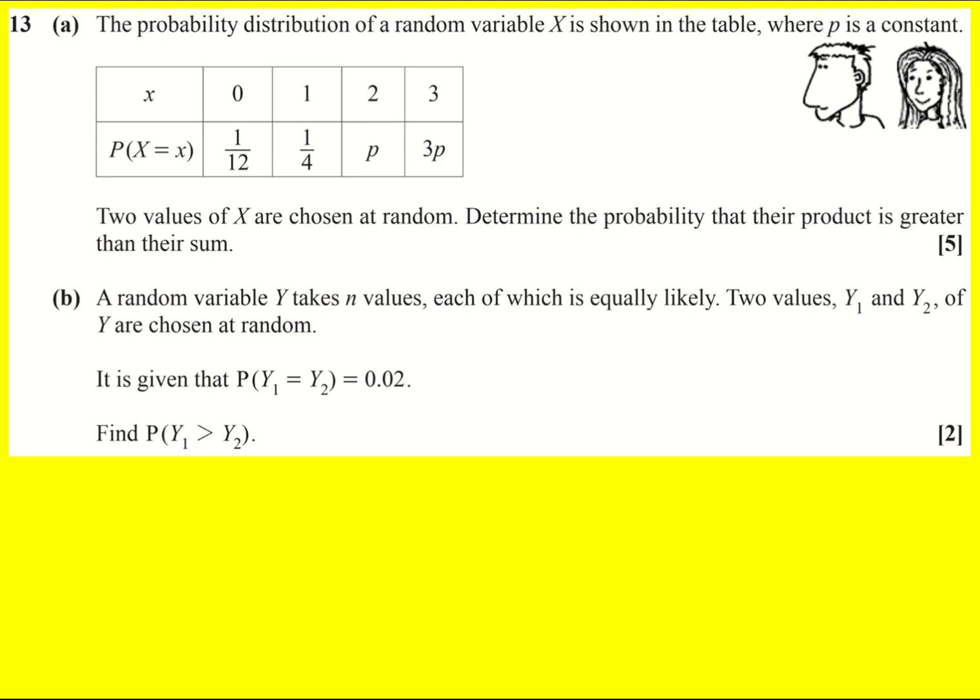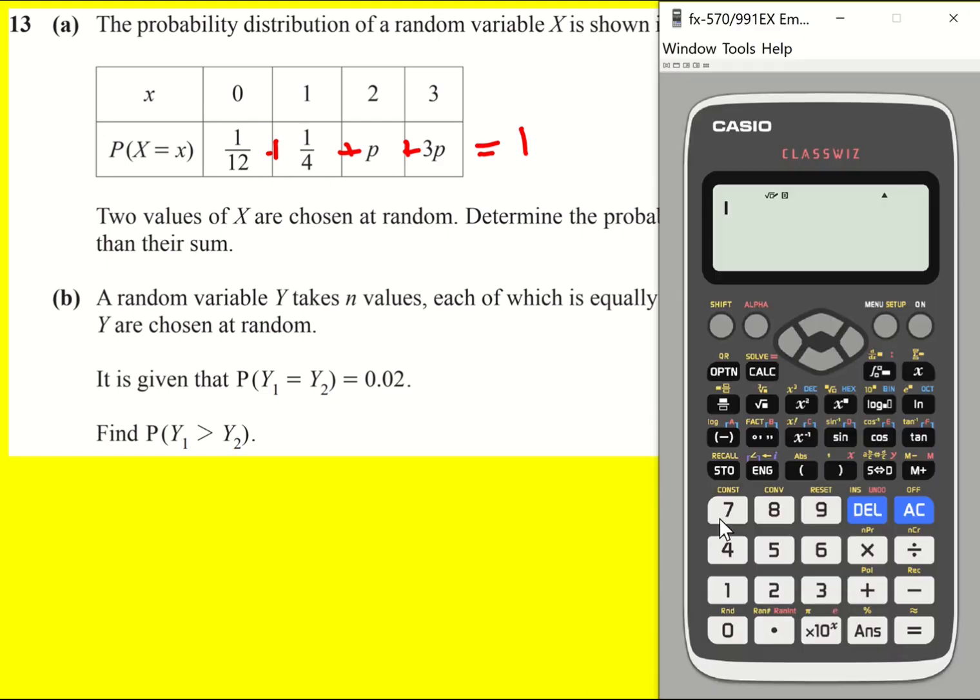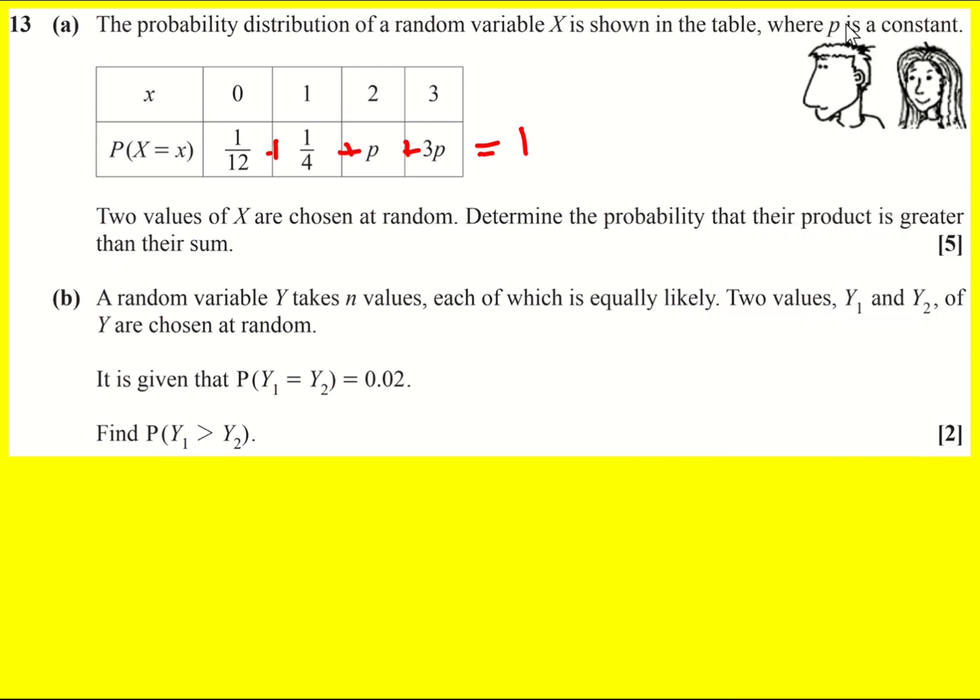First things first in this question, we don't know what p is, so we need to calculate it, and it must be when we add them together that we get the value of 1. So I can do 1/12 plus 1/4, which gives me a third, and I can write down